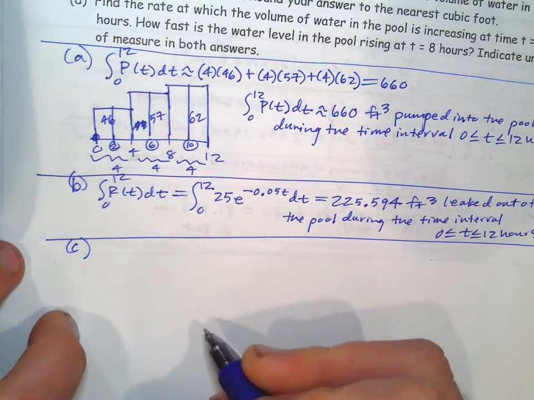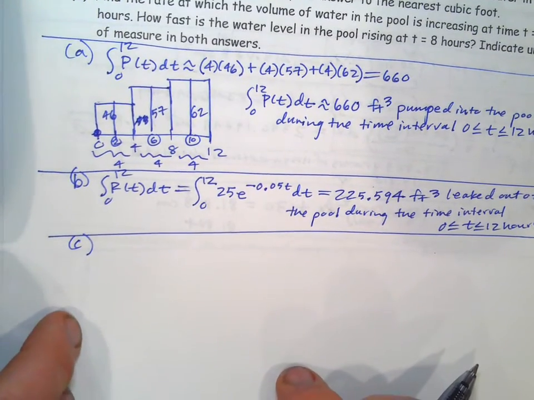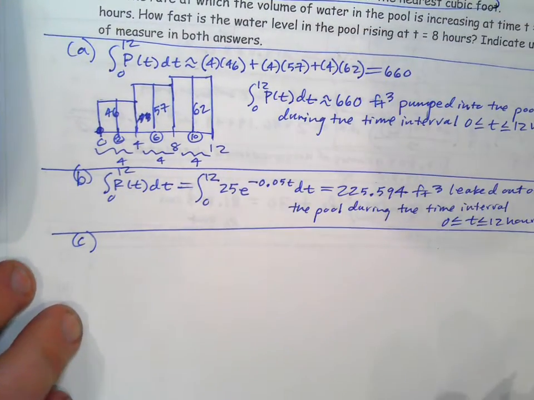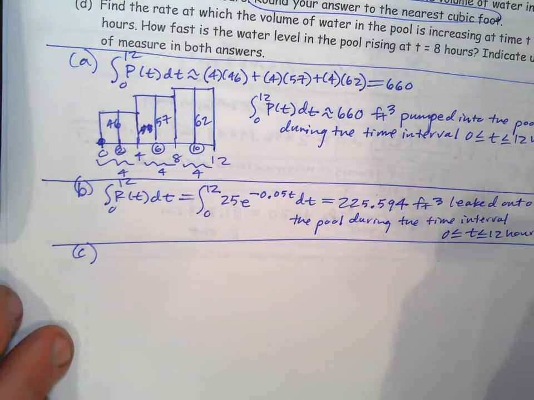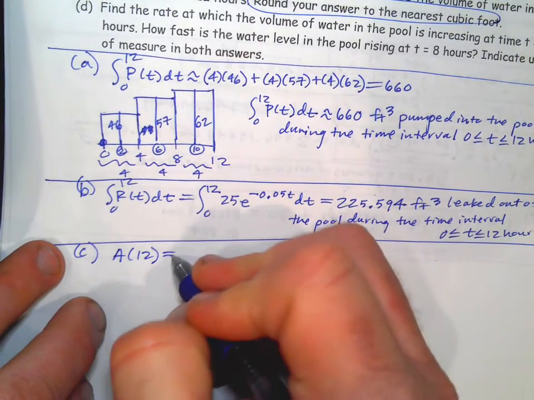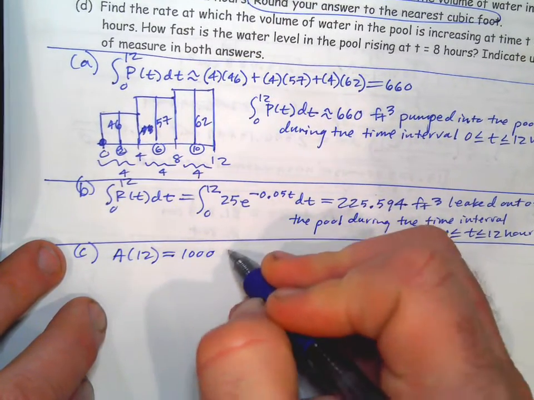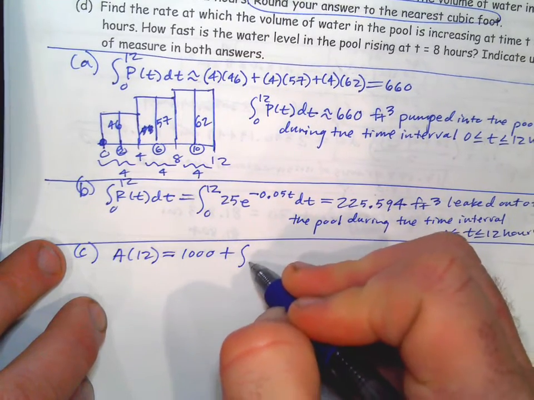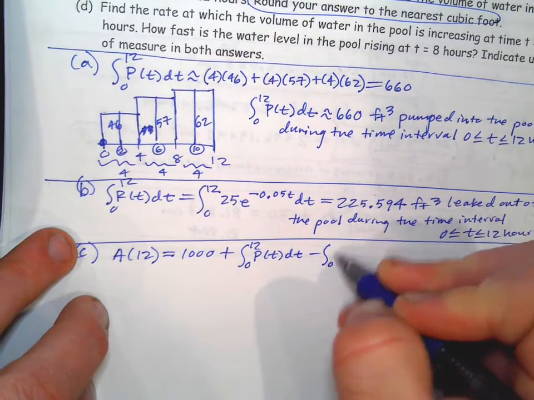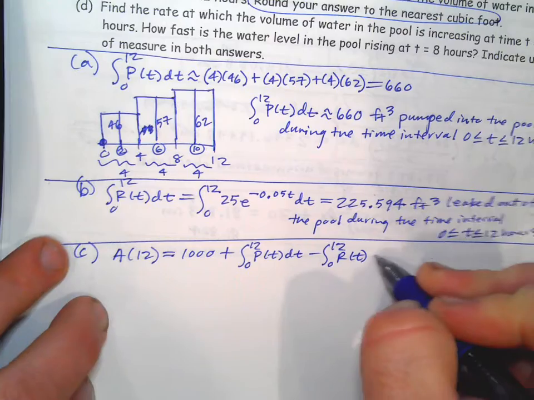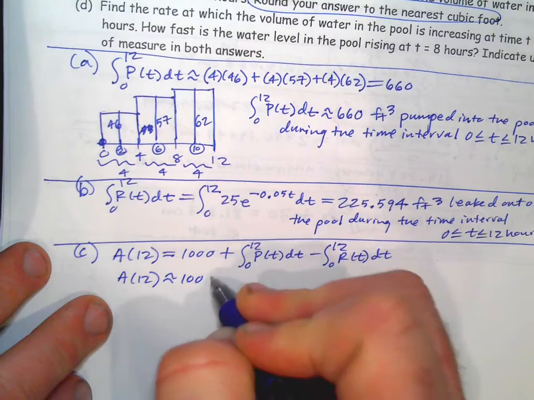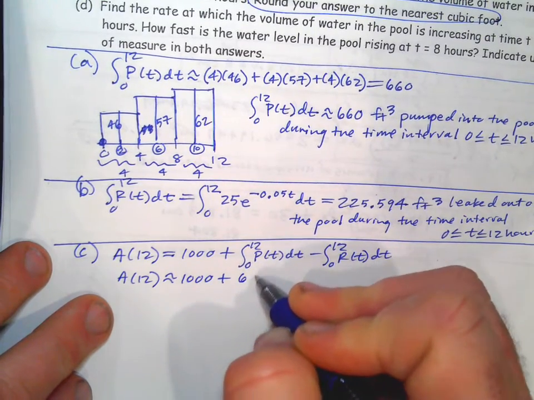C says use the results of part A and B to approximate the volume of water in the pool at time t equals 12 hours. Round your answer to the nearest cubic foot. Okay, so watch out for that. Usually we do 3 decimals. Actually, this time we do nearest cubic foot. Now this is a rate model, right? So the amount at 12 would equal the initial amount, which they said was 1,000, plus the integral of what was pumped in minus the integral of what leaked out. So A(12) is going to be approximately, this is exact, but this is an approximation, 660 minus